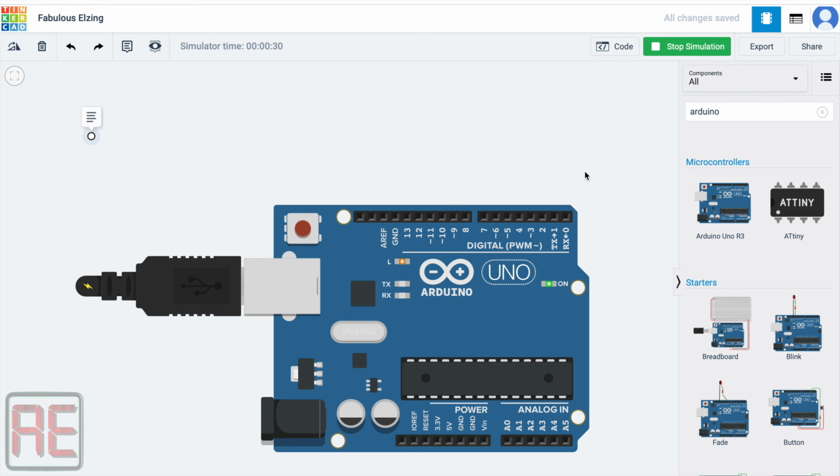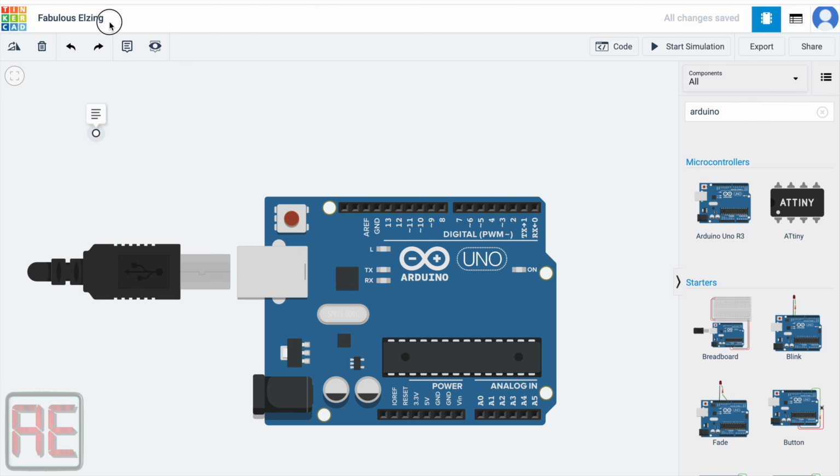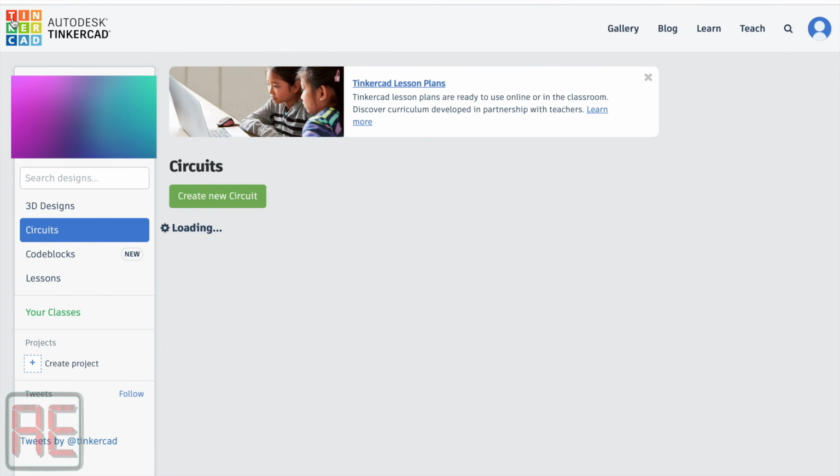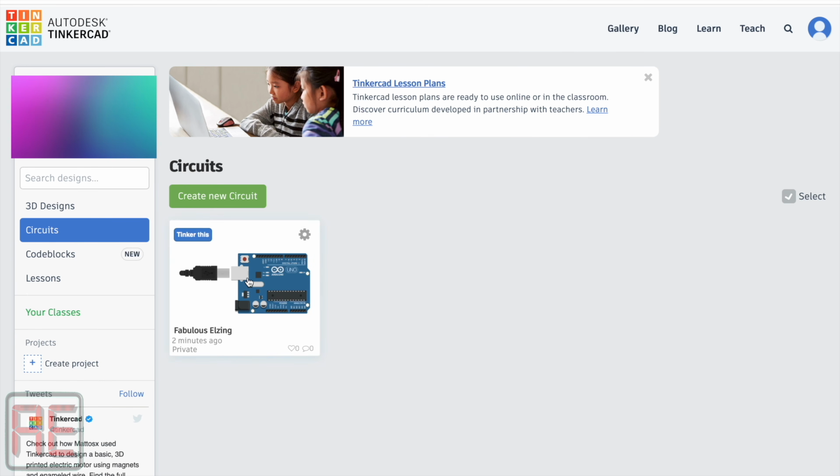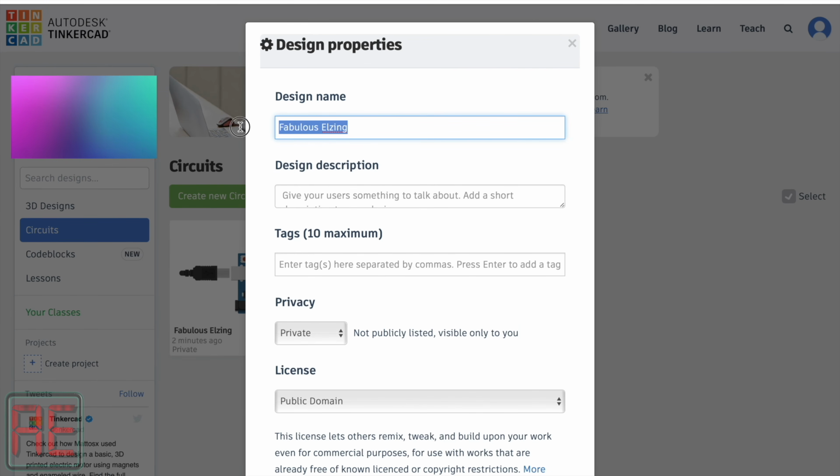And to finalize, there is just one more step about the Tinkercad interface. If you look at here, this is the random name that Tinkercad gave to the circuit we are building. To change the name, we need to come here on the left top corner and click on the Tinkercad logo. In this main window, you have the circuit you have built. By clicking on the engine symbol, you go to Properties. And here you can put the name of the circuit. Let's put Arduino tutorial. You can put a description as well. Let's try this. You can also add tags.